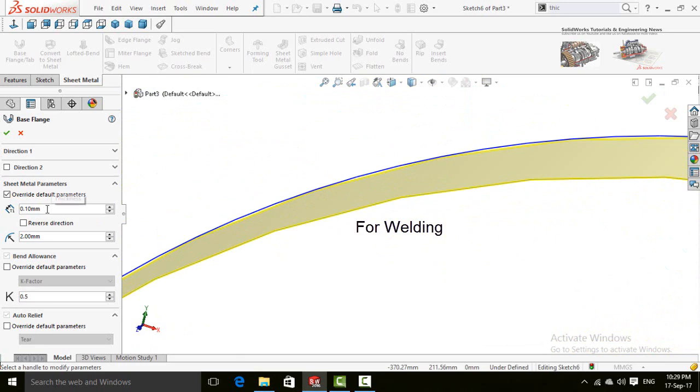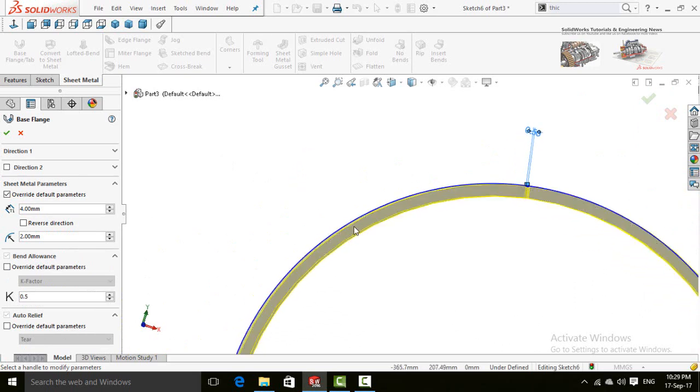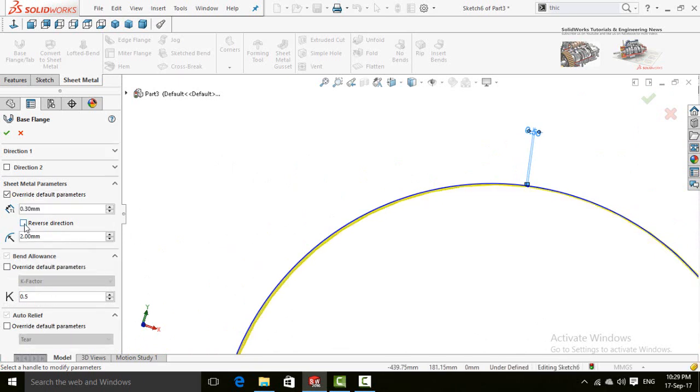So first of all here is the wall thickness for the pipe. You can choose, let me show you. If I type 4 millimeters, then see, this is the wall thickness which is asked first of all. If you check this box, reverse direction, it will be extruded outward, and here is the bend radius.